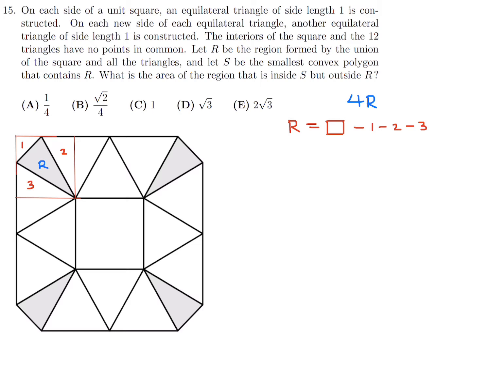Some of these dimensions are easy, but some of them will require a little bit of mathematics. The first dimension that's relatively easy is from there to there. That's just 1, because it's a unit square and these were all equilateral triangles, so all of those sides are equal to 1. If that is 1, this distance is a half. So first put that half right there. And then top to bottom here,